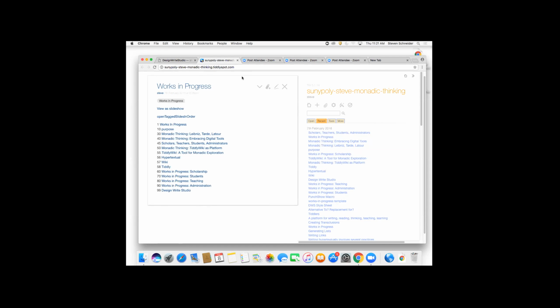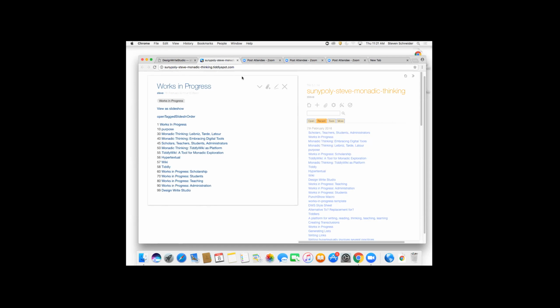Okay, so this works in progress. I go and talk about the stuff that I'm doing, okay? And probably you might have figured out this is kind of what I'm doing. But what I want to show you is less of the content than the structure. And for me, they're all the same. So for me, the structure is my content.